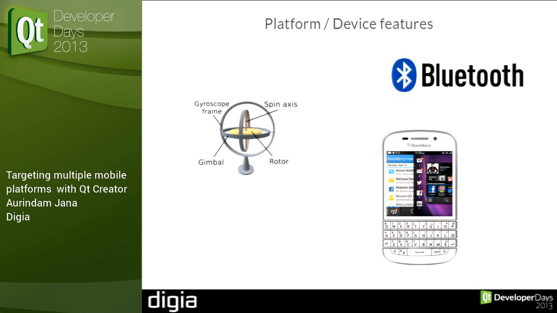The next important thing that a lot of people forget is that each platform or each device is different. And expecting a single code base to work across different platforms can be challenging. One of the ways that you could do it is, of course, to ifdef out certain modules which do not work on certain platforms, or you could divide your code into separate modules and have those libraries load up, or query for certain features and have those libraries load up only if the platform or device